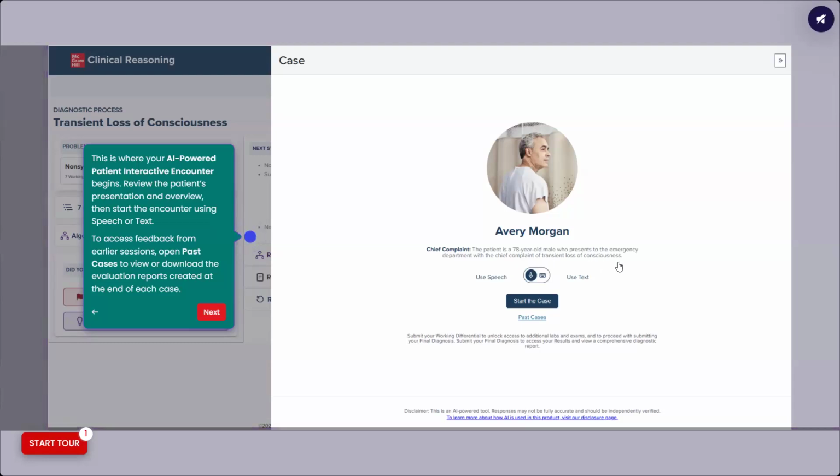That's all I know at the moment about this patient. And I'm going to use the interactive encounter, either using speech or text, to talk to my patient, ask them about their history, ask them about any details related to their chief complaint, and from there onwards,